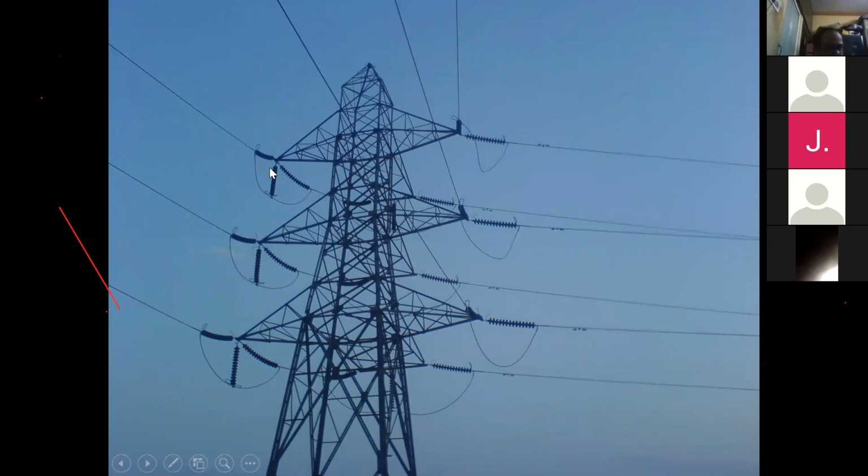And you can see here 3 insulators. Here it is 2 insulators. The reason is this is an acute angle and this is an obtuse angle. Whenever it is an obtuse angle, the jumper will be very big. So if you don't have this, it may touch the tower during wind load. Therefore, we will have an additional insulator which acts as a weight in the obtuse angle area.